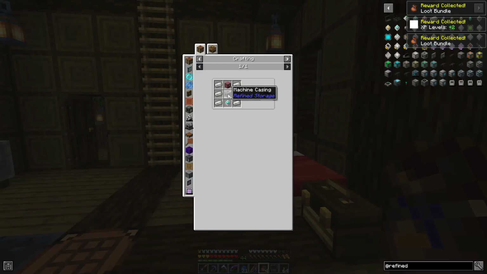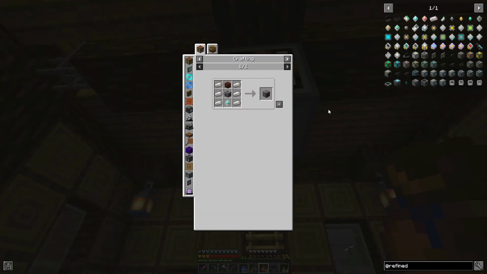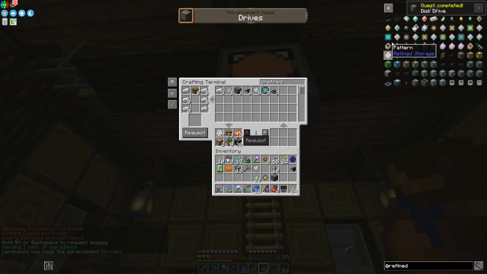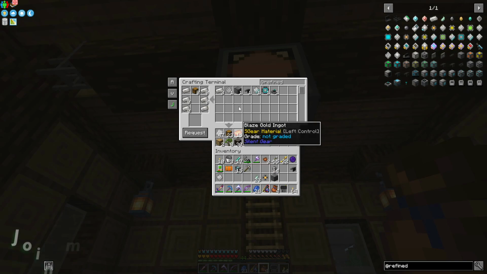Okay, so I'm going to need disk drive. I'm going to need... Can I make a disk drive, please? One of them. Very, very good. I don't know whether to do another 1K storage part. I'll just hold on to this storage part for now. What